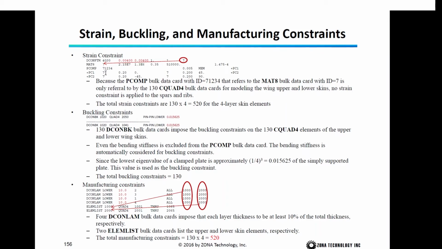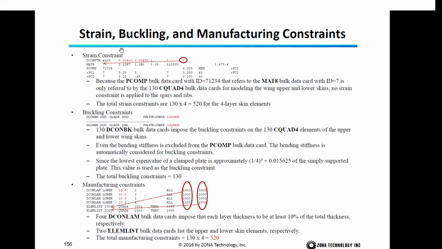And the strain constraint is defined by the DCon FTP, and so does the strain limit, and the PCOM card. The PCOM card refers to the MAT A card, and because the PCOM card with ID 171234 refers to MAT A card with ID 7, it is only referred to by the 130 sigma 4 cards for defining the wing upper and lower skin. No strain constraint is applied to the spar and rib. The total strain constraint is 130 times 4, equal to 520